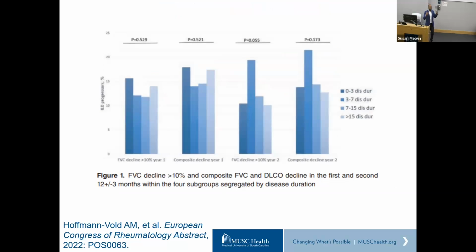Previously we thought that scleroderma diagnosed within the past 7 years is the most important, when you capture them in the acute phase. During the first 7 years the disease evolves, and later on you don't necessarily develop additional manifestations. But this data, from Anna Hoffman-Wall, shows that even in patients who had a diagnosis of systemic sclerosis more than 15 years ago, we are seeing evidence of lung function decline. That is this group, if you can see here. It is a smaller percentage, but it is still a feasible percentage, between 10 and 15%, who can develop interstitial lung disease even later into the disease course.